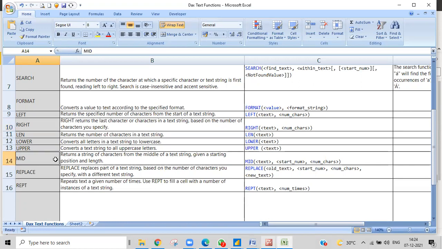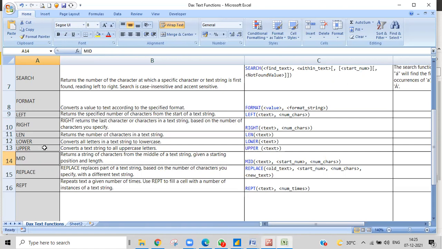And then we have lower and upper. Lower converts a text into lower case, and upper converts a string into upper case. That's it, not more complex than that. If you give a mix, not a problem. If you give upper, it will take upper, and if you give all lower, not an issue. If you give mixed upper and lower, it will convert it all, and if you give total upper, it will take the lower one.